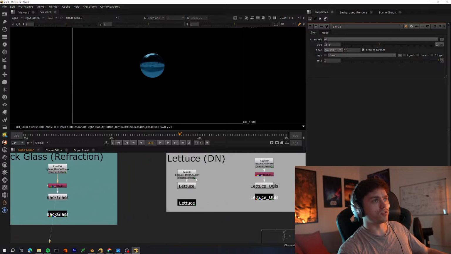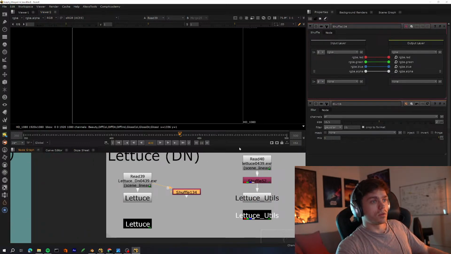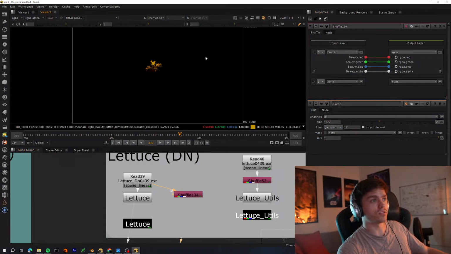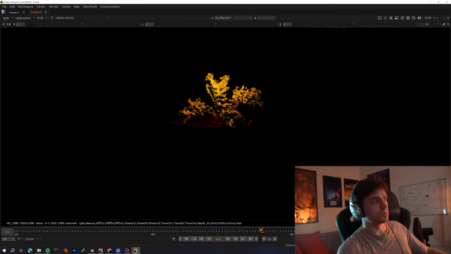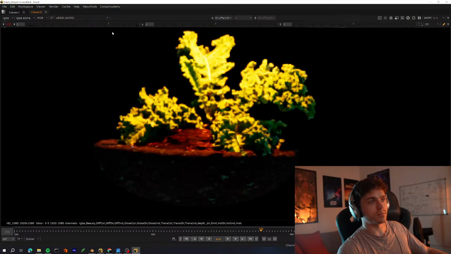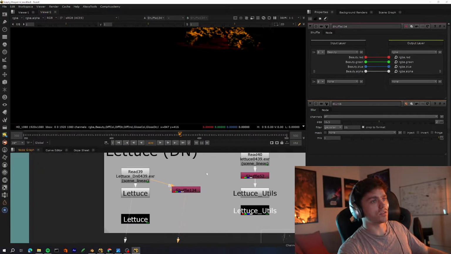And then yeah, it's just a bunch of other stuff. This is like a refraction and all this kind of stuff. This is the lettuce. This is kind of funny. Let's see. Beauty. I did a bit of, so this is a 3D scan of lettuce. It's under an orange light, that's why it's so orange. This is like the non-comp lettuce. If I grade it up, it's pretty ugly, just raw. But it's an interesting thing with